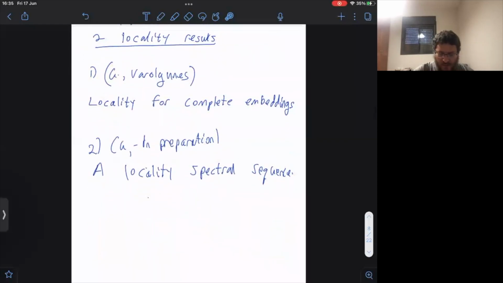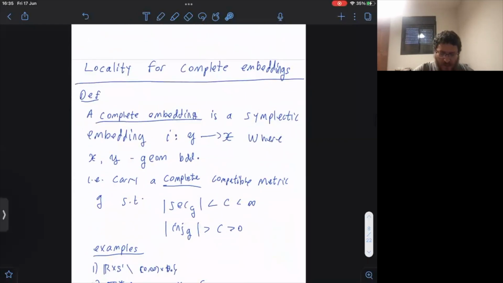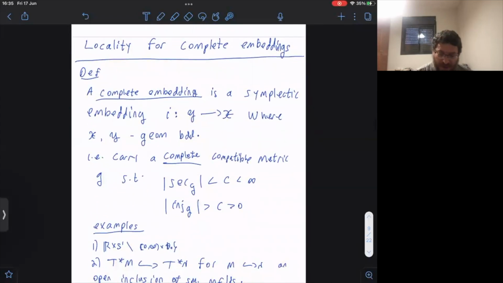So let me discuss these results. So first, what is a complete embedding? A complete embedding means the following. You have a symplectic embedding